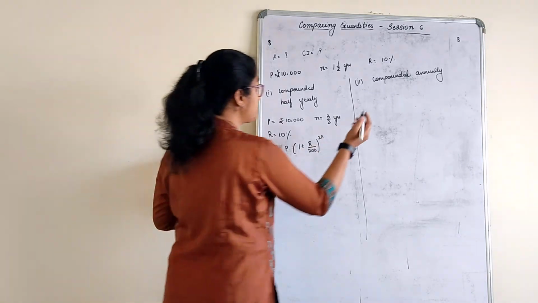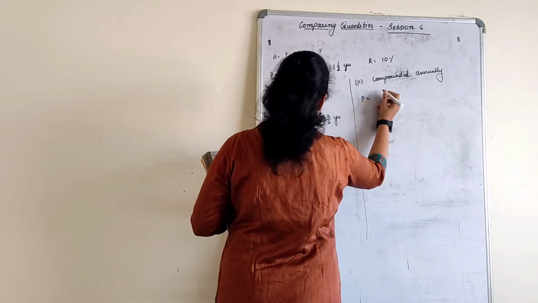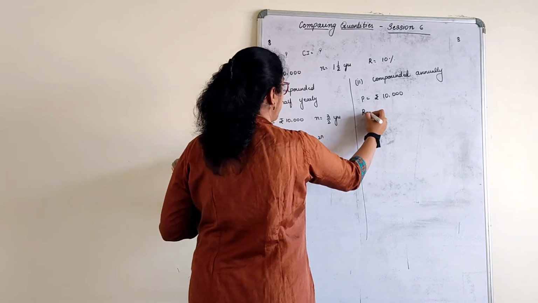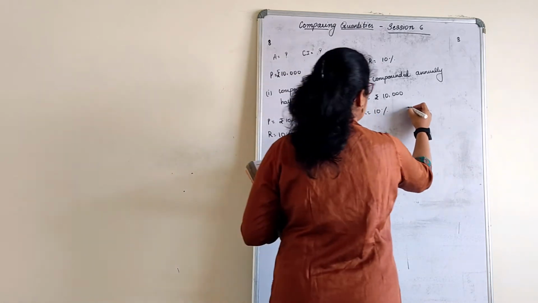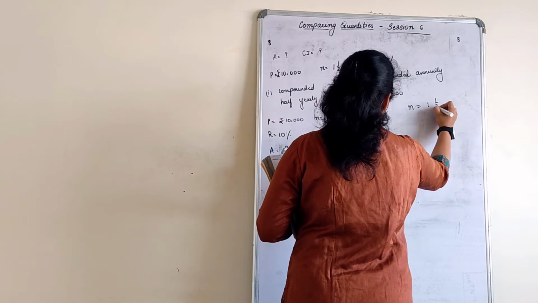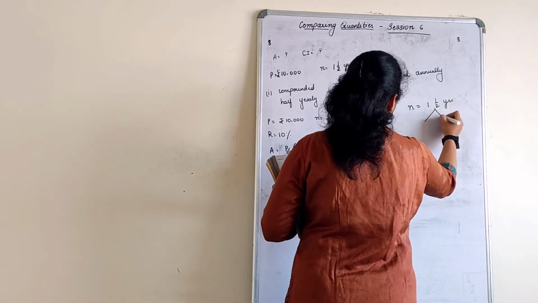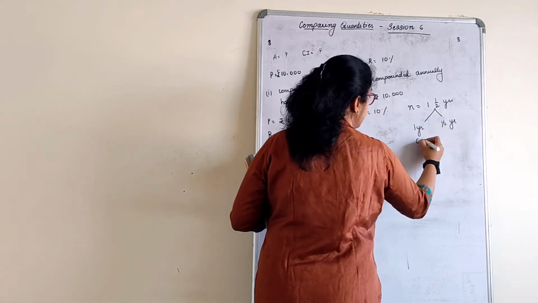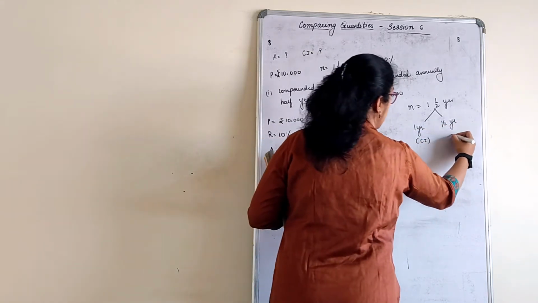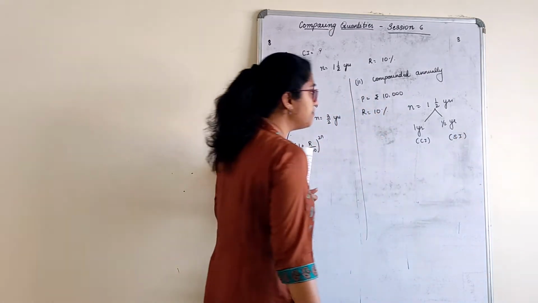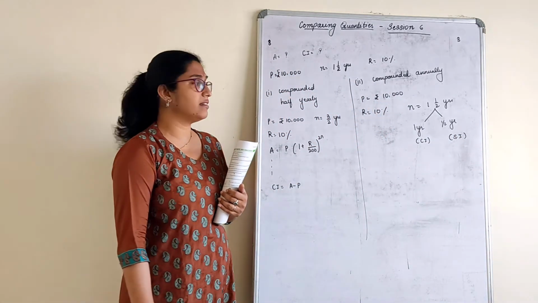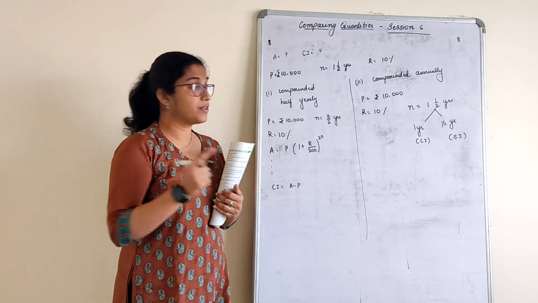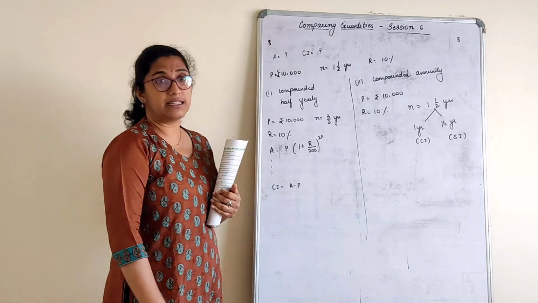Second part I have asked, would he get more interest or less if the same was compounded annually? What would you do for annual calculation? Principal is equal to rupees 10,000. Rate of interest is 10%. Time, what they have given, is 1.5 years. You will bifurcate that as 1 year and half year. For 1 year you will do compound interest, and for half year you will do simple interest. The method is a bit lengthy here, but you know the procedure, because we have been doing this from the beginning of the sum, right?